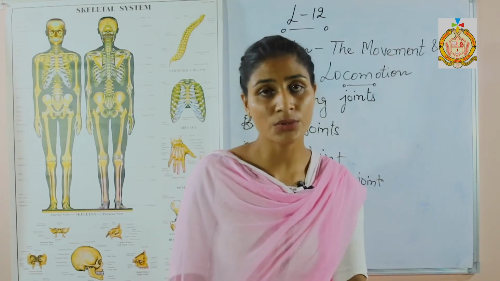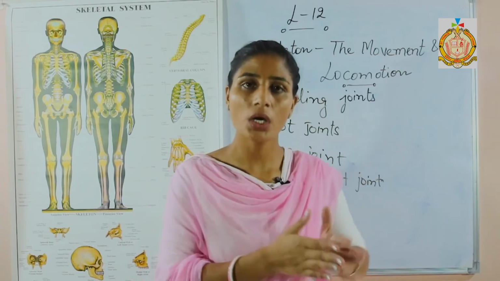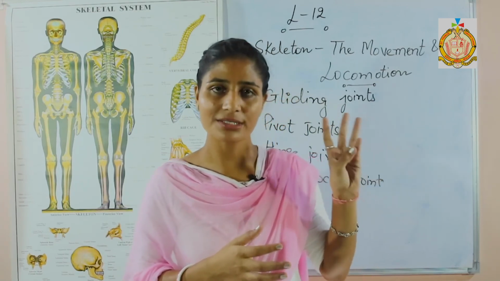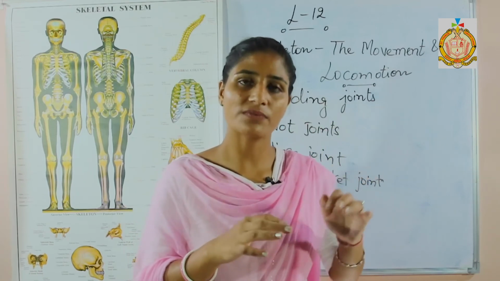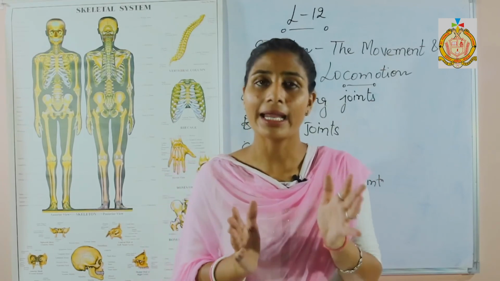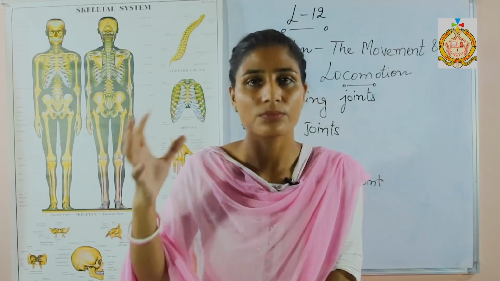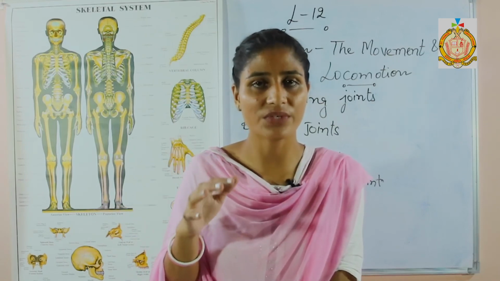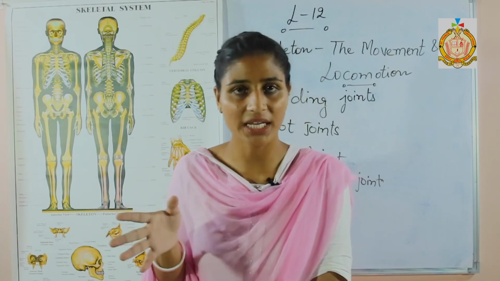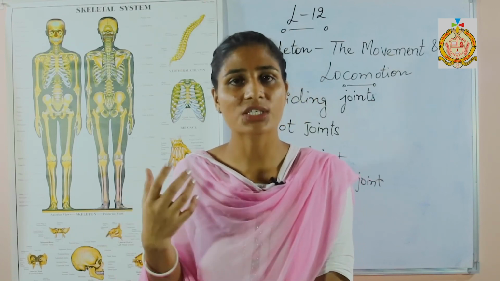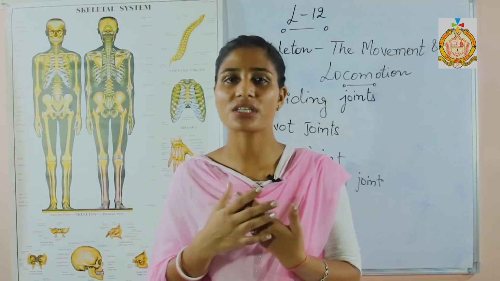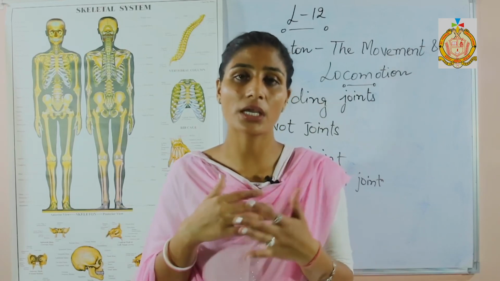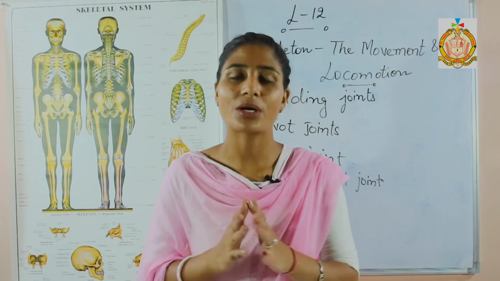So you may have read in physics too, there are three types of levers: first order, second order, third order. In that way we are only exchanging the positions of the power, weight and fulcrum, and we observe the behavior of the muscles accordingly. Whenever we change the positions of the power, weight and fulcrum, what is the action of our muscles? We record that and observe that. So in that sense levers are very helpful and they work accordingly. So this is all about the levers.